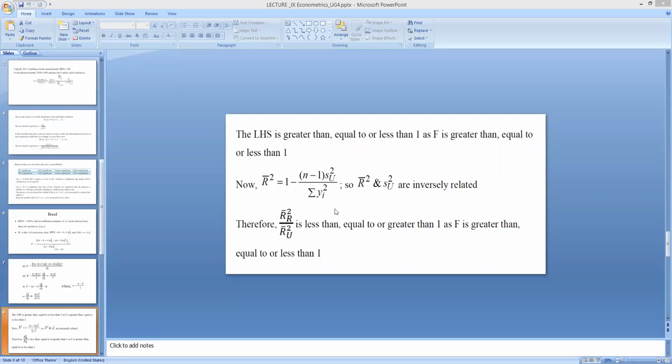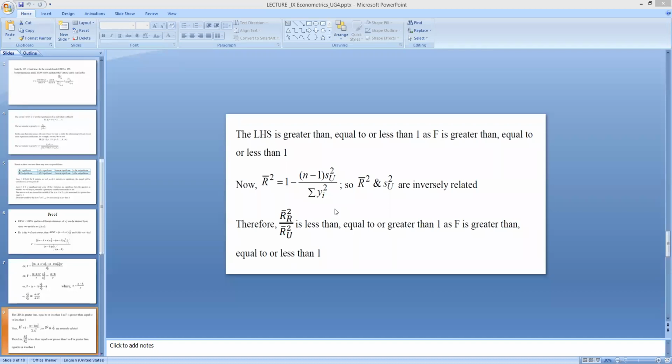So first we have written the general. In the note, if you look at the note, it is R bar square is equal to 1 minus RSS by n minus k divided by TSS by n minus 1. So I replaced RSS by n minus k by a square. So finally, we can write R bar square is equal to 1 minus n minus 1 a square by TSS. So this is the standard proposition.